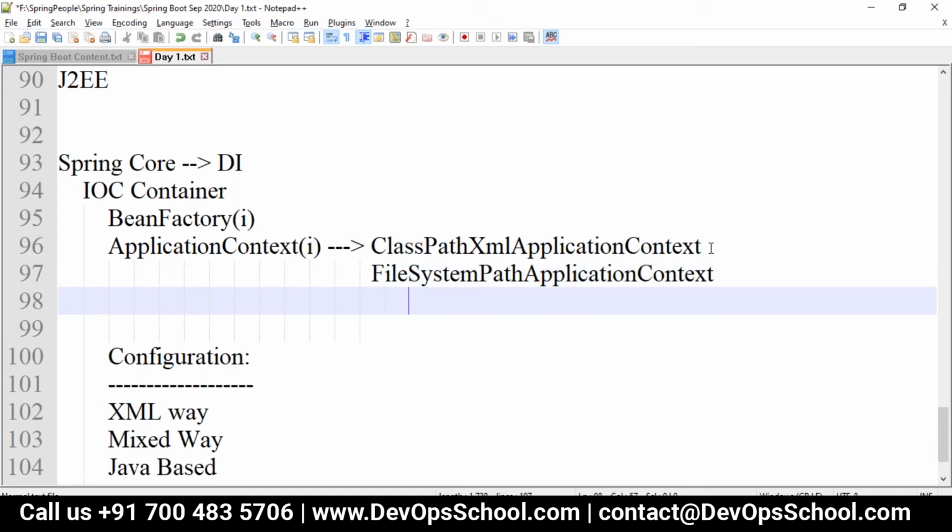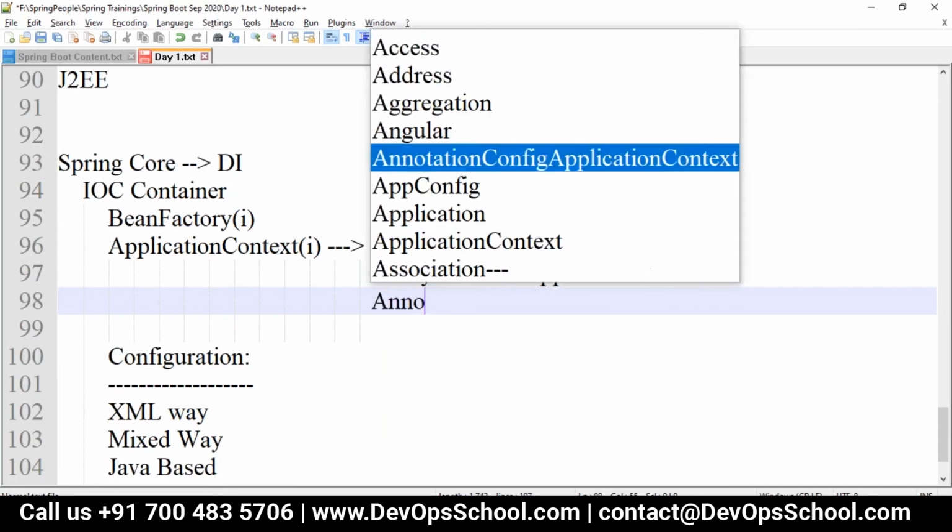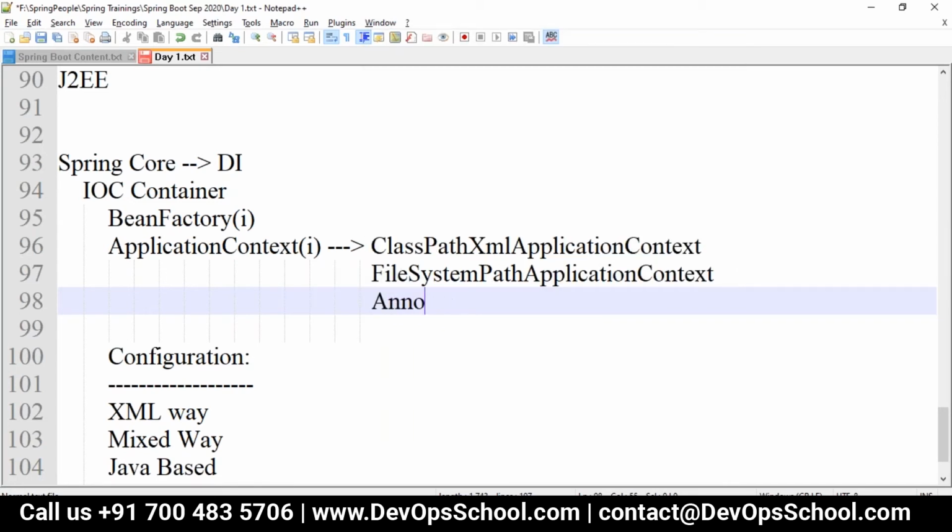Or if I'm not working with XML, since that is an old way, and I want to go with the Java way, we go with AnnotationConfigApplicationContext.